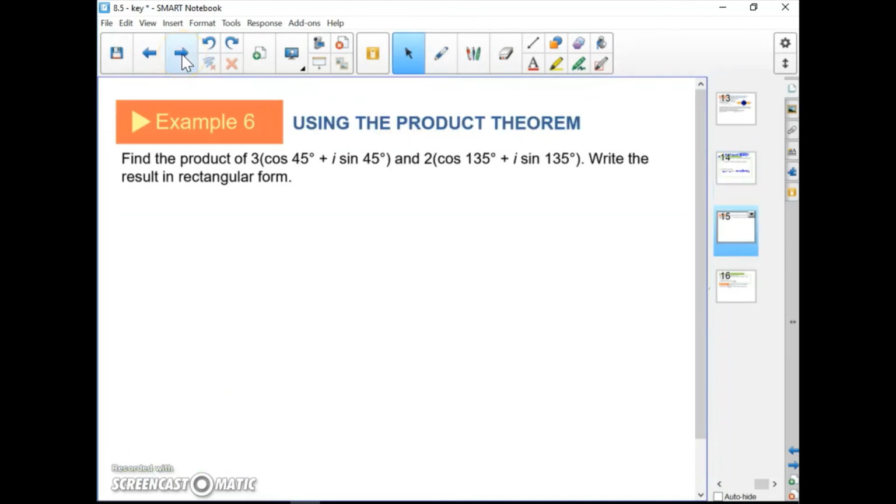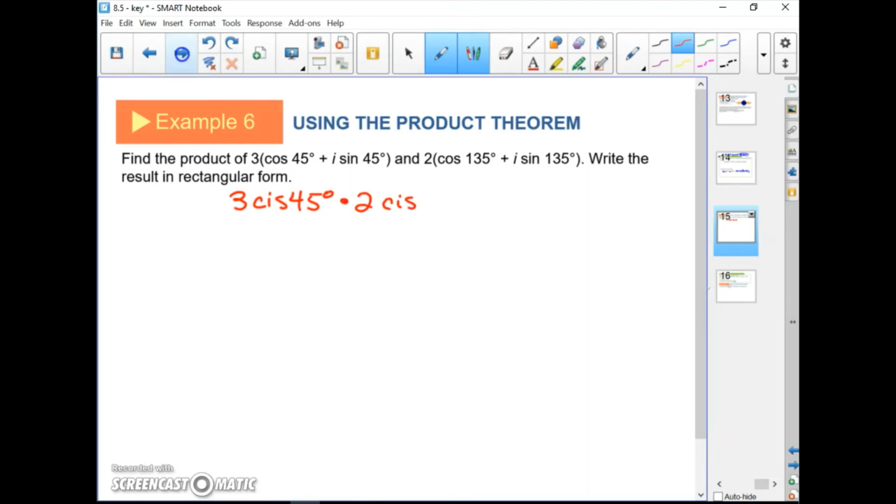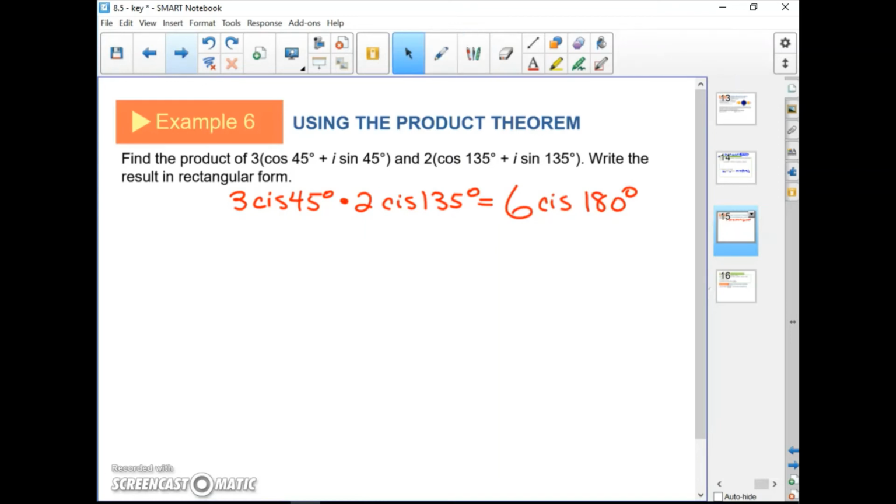So let's see an example. Example 6, find the product of these two vectors. So let's write it in abbreviated form. 3 cis 45 degrees times 2 cis 135. We're going to multiply the magnitudes. 3 times 2 is 6. And we're going to add the angles. 45 plus 135 is 180. So really that's it. That's the product,